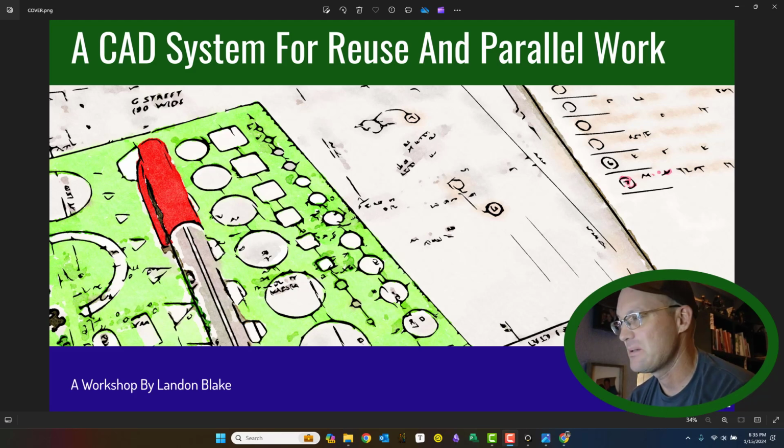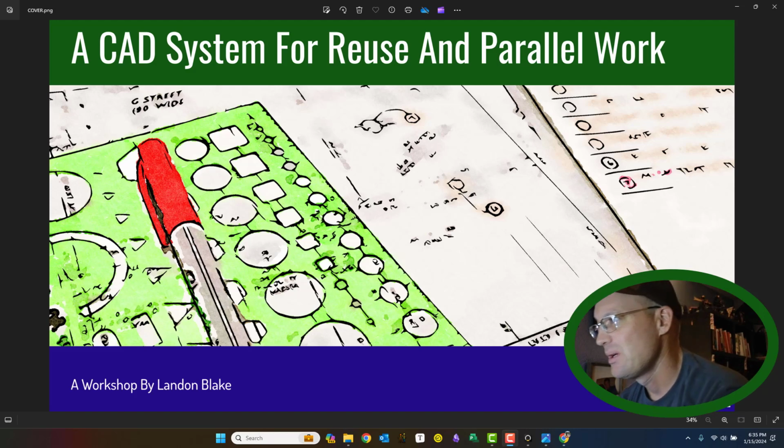It's significant. Now, I'm biased because I'm one of the owners, but I think we pay 10 to 25% above market rate. So we have to be productive to make up for that, and this CAD system helps us to do that. It also saves us time, and we're going to talk about that some more. But this enables reuse and parallel work, right? Both of those things save you time, and that was really important to our company, especially the first couple of